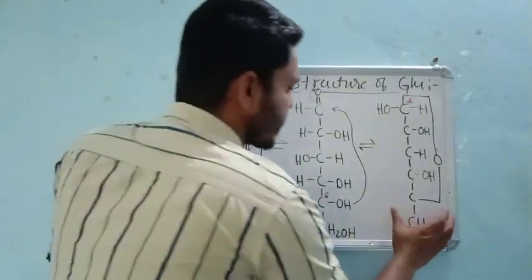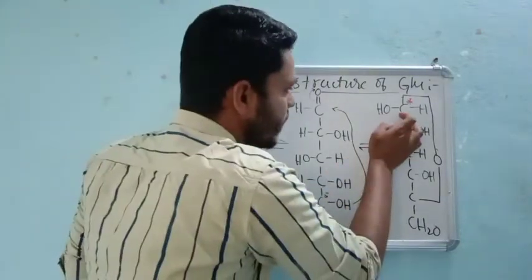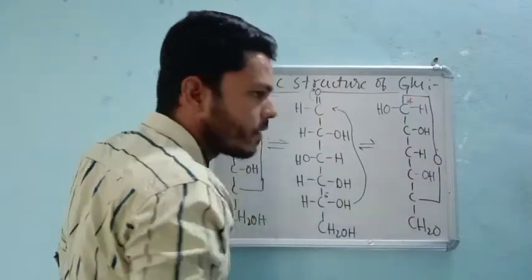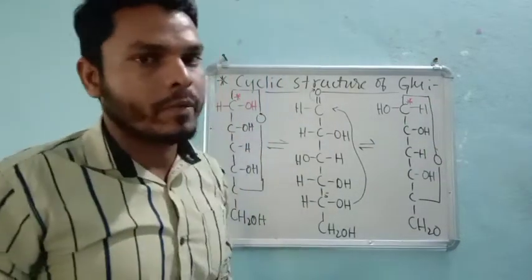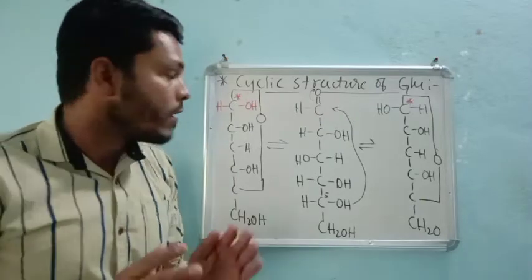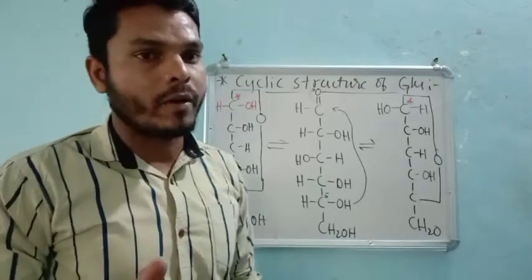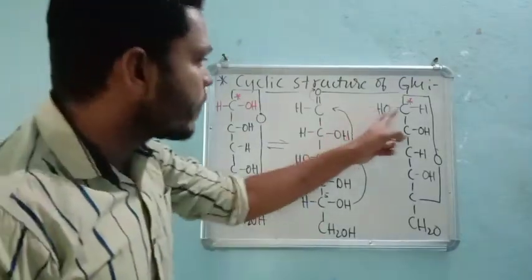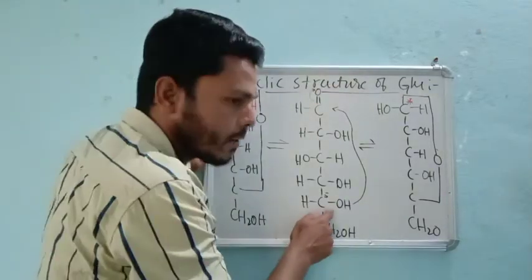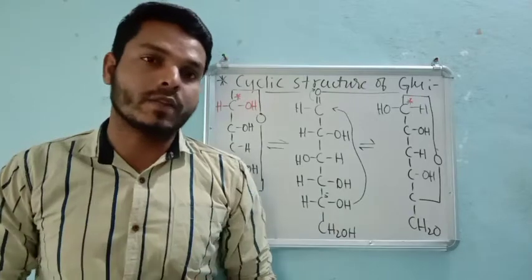So as I said, after formation of a bond between the aldehyde group and the fifth carbon atom, the compound we get is called the hemiacetal type of glucose, right? That was clear in the last class itself. But now I need to explain about the alpha and beta forms. Whenever the first carbon, I mean the aldehyde carbon, reacts with the fifth carbon atom, we will get two forms, that is alpha as well as beta.